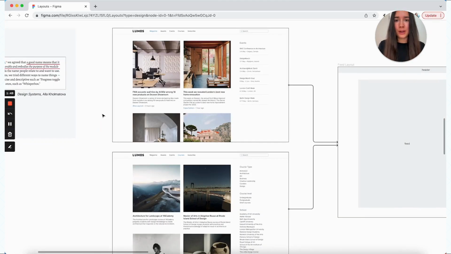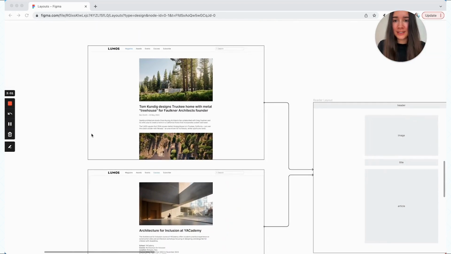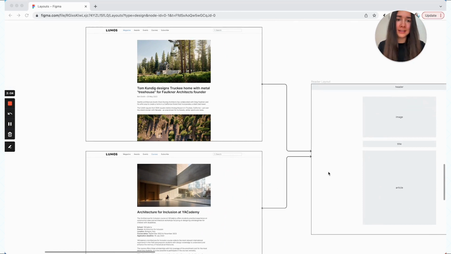So maybe for our first layout type here, we can call it something like a feed layout. It's not too generic and it's not super specific like courses view or articles view. Technically, if we were to create something else entirely that has this similar structure, it has a high chance of fitting into this layout name. And I would agree that feed maybe sounds a little too boring. So if you are feeling more creative, you can maybe do something like Explorer layout, or something more creative. And then for our second one, we could call it a reader layout.